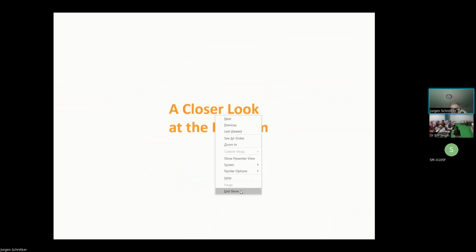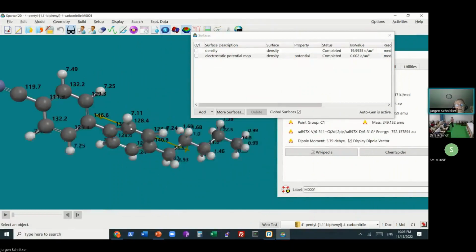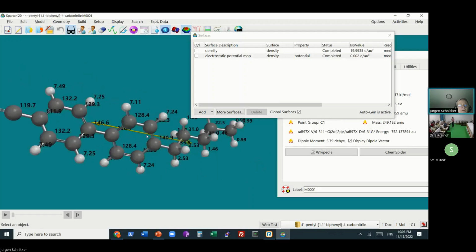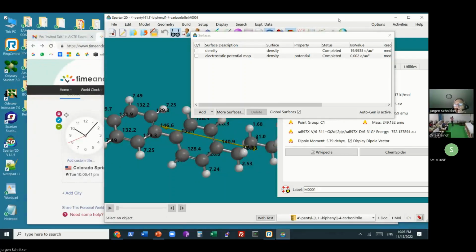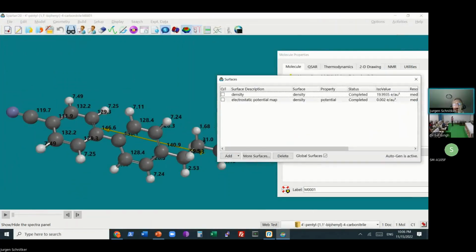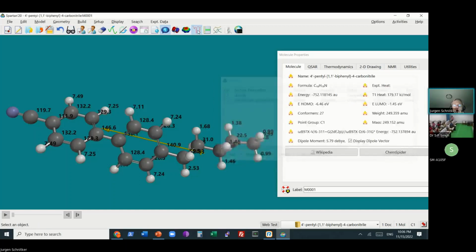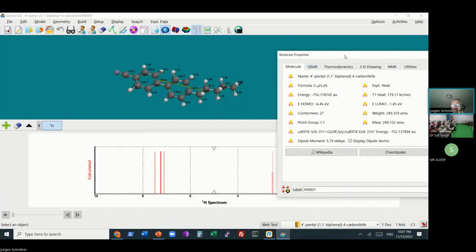Let me go close this and see here. So it has completed while I was looking at my slides. Here you now see the calculated chemical shifts for this liquid crystal. And if I want to look at the spectrum, the icon bar from the conference system is a little bit in my way. Probably you don't see that, but here's the icon for spectra, and in the lower part, the calculated NMR spectrum. I will close this.